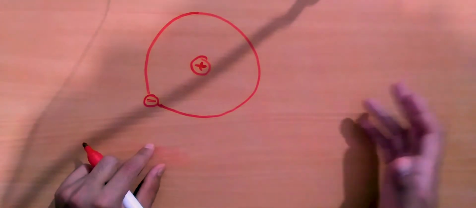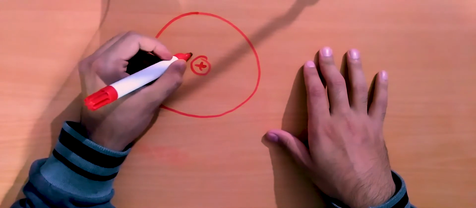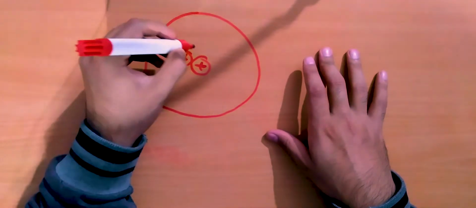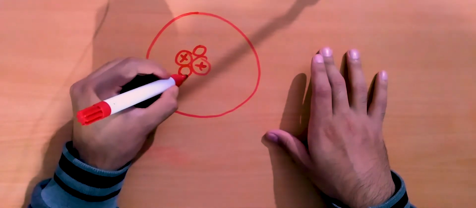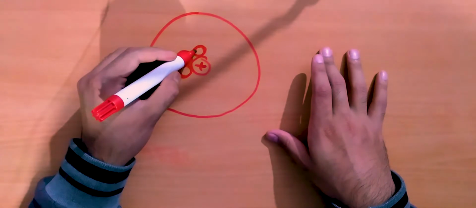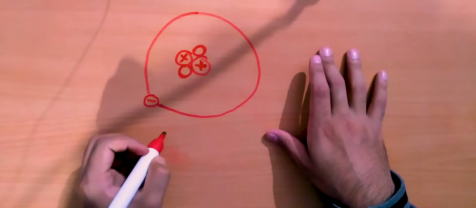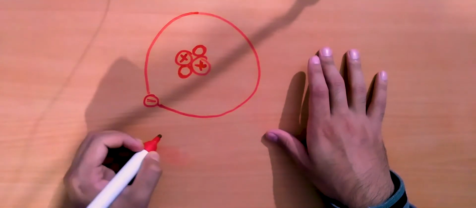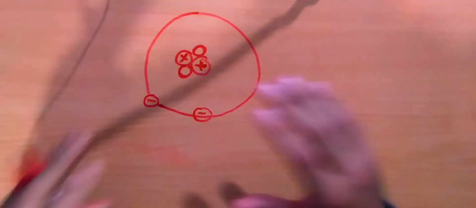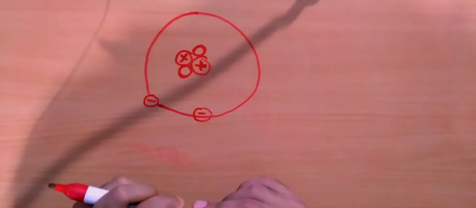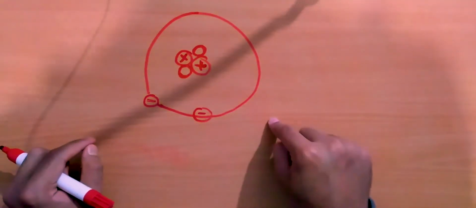Now how do I get another element from this? Well, if I take another proton and add, let's say, one proton here, and let me add 2 neutrons also. So I'll just make the neutrons as empty circles. So let's just add 2 neutrons here, and we have 2 protons. Now to cancel the charge, I'll have to add another electron. Let's say I'll just put an electron here. Let's say I have another electron in the same orbit. I can have more than one electron in a given orbit, right? So let's say I have 2 electrons in this particular orbit.